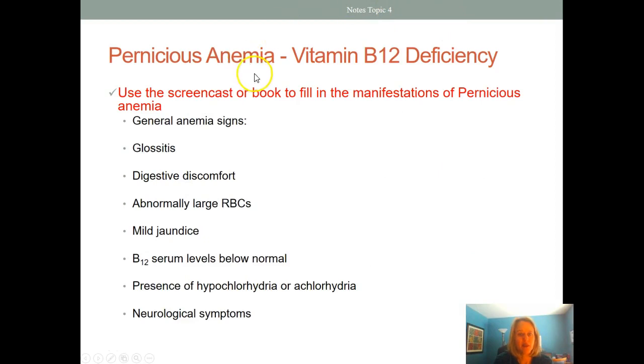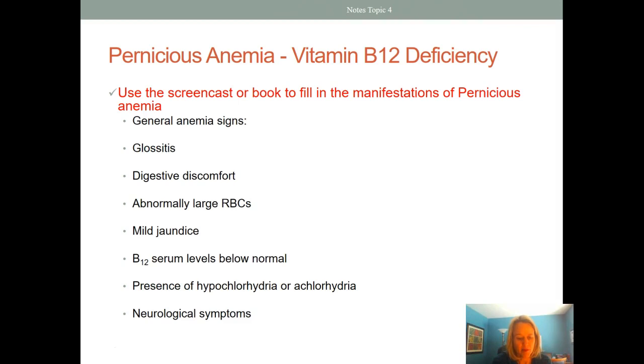Okay, so let's talk about some of the manifestations of pernicious anemia. We're going to have the normal general anemia signs such as pallor and tachycardia. We also have glossitis, and that's where the tongue is typically enlarged, red, sore, and shiny. Digestive discomfort, often with anorexia and diarrhea. In part, remember, we're not secreting enough hydrochloric acid either, and that's going to contribute to some of the digestive